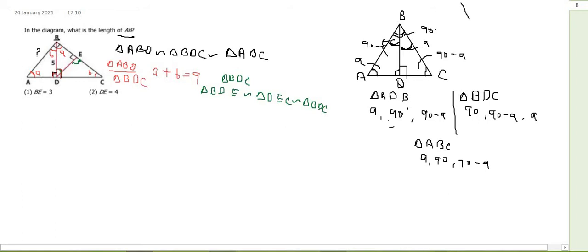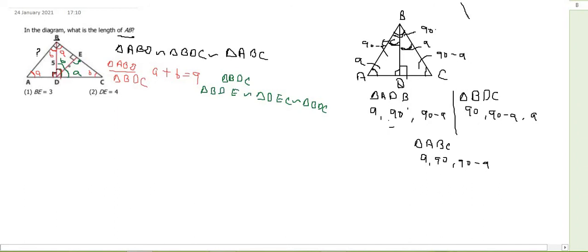So if you look at triangle DEC, this angle is B, this is 90 degrees, so this angle has to be A, right? Similarly, in triangle BDE, this is 90 degrees, this is A, so this has to be angle B. Okay, so I hope that makes sense. All right, so all the triangles are similar to each other, and I have got the values of their angles in terms of A and B.